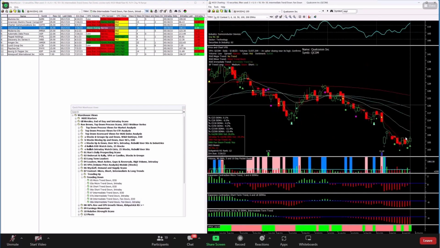And you can see the fan is reversed, the 200, the 100, the 50, the 18. These are some of the weakest stocks here. But if you go into these, if you're looking to bottom fish, you can look for these stocks that are starting to show signs of accumulation. And this is about ready to close, turn up, the 3 going above the 6. But Qualcomm,